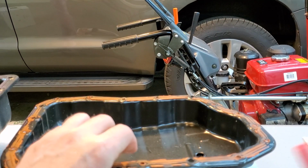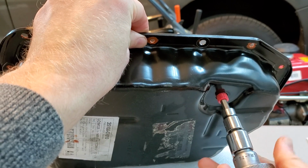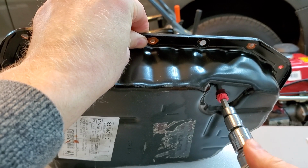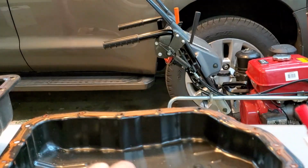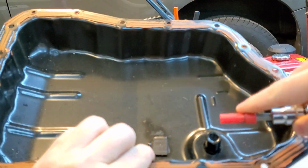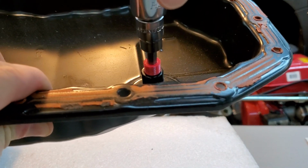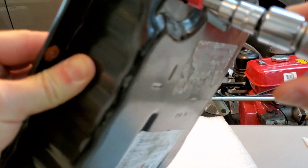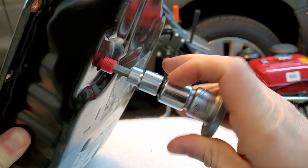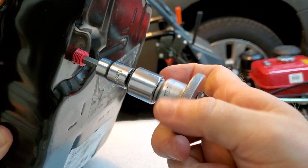The next question that I get very often is when people are putting this tube in, they're afraid it's gonna go through and come out on the inside. Well, it's not gonna come out. I want you guys to see. You see, there is no way it can come through. Even if you try to jam it in, let me put it back in. When you screw this in,